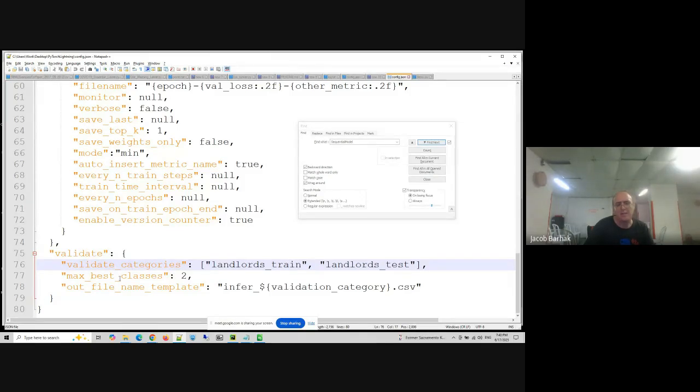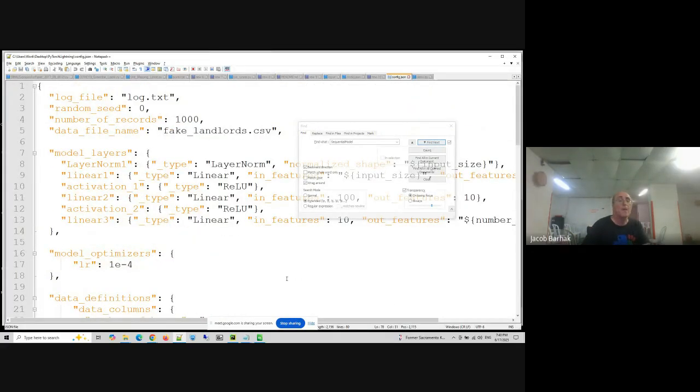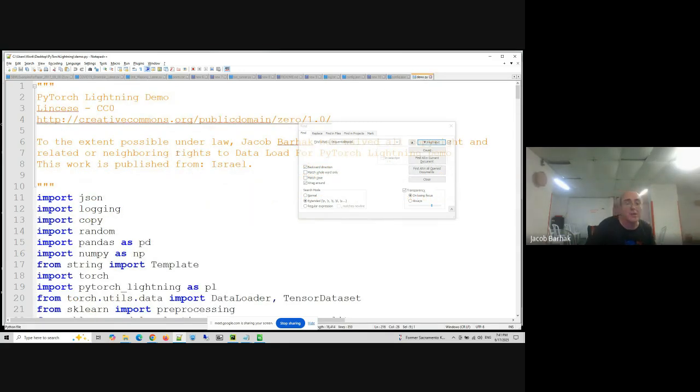Here we have to tell it the number of classes because it needs it, and how to save it eventually. This is to show you the inference data. So all of this is the configuration file. There are a lot of parameters. I skipped some of them. Many of them don't matter at the level of what we're showing in the demo, but I just want to show them. Now let's look at the code.